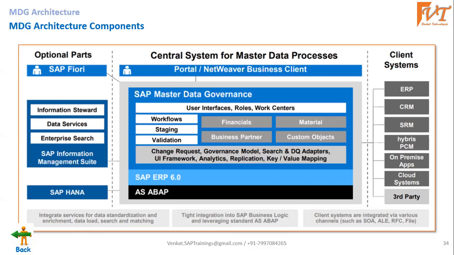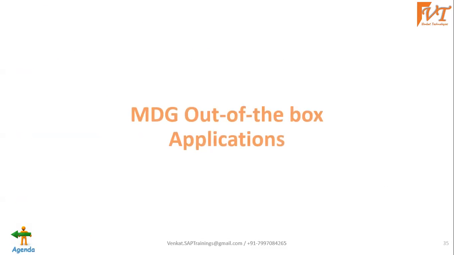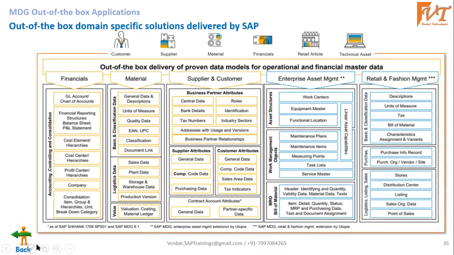Okay, let's jump on to the next topic. What are the various out of the box applications? We had seen that in the system, but to give you some high level picture, these are the various out of the box applications available as of 1709 MDG 9.1: financials, material, supplier, customer. If you see, two different color codes have been maintained for all the set of objects. The reason is